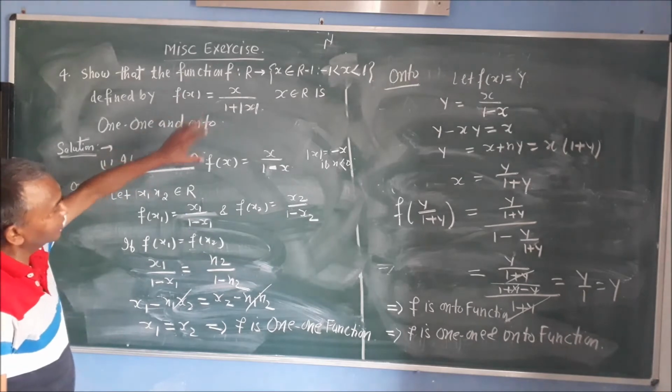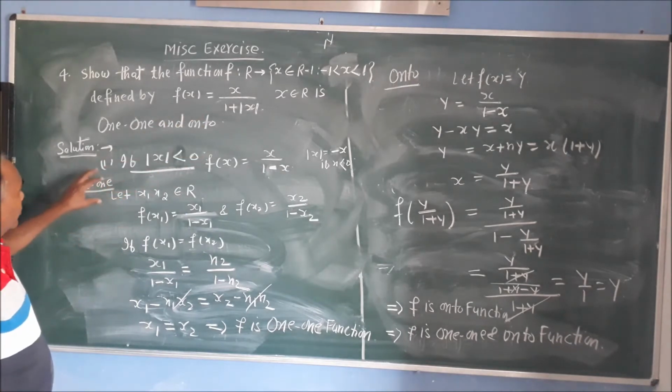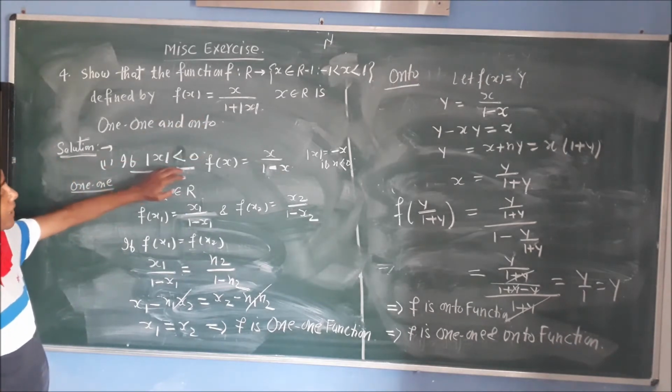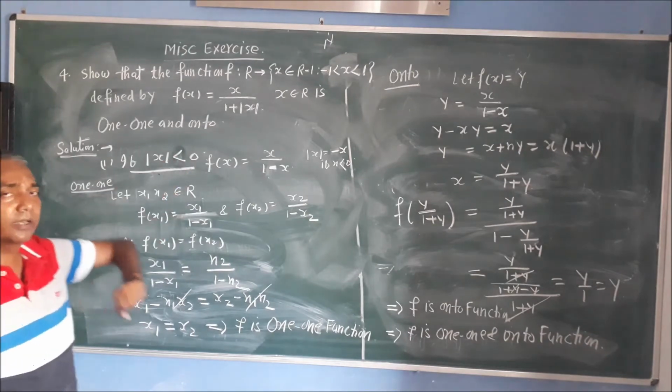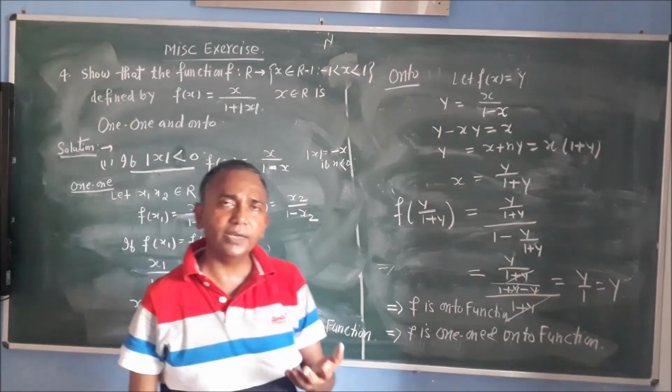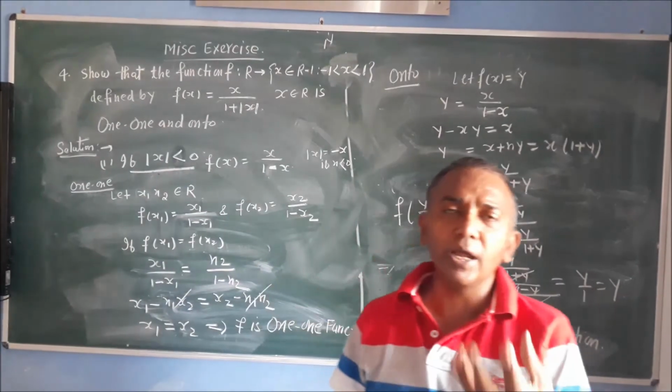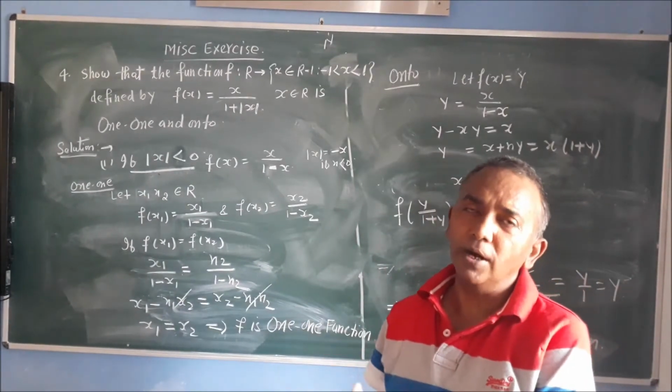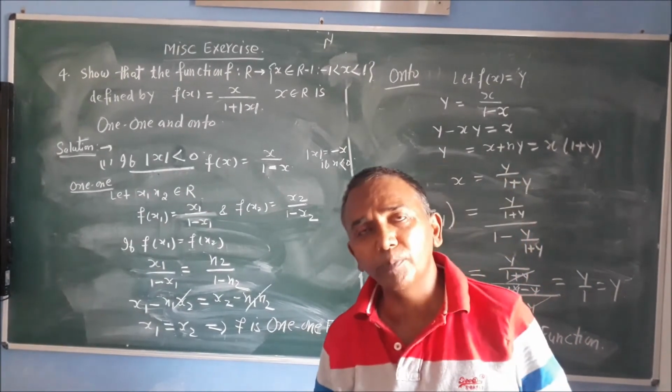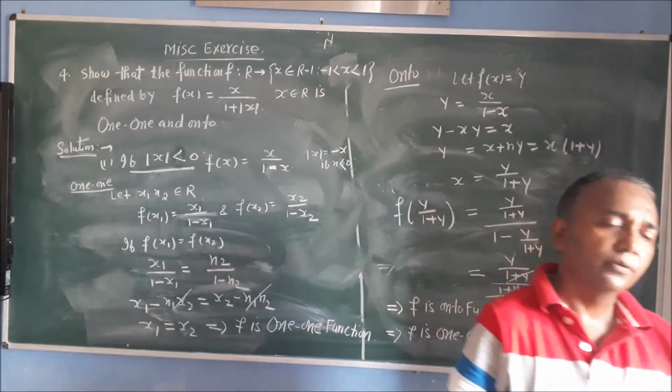So if this question comes in the examination, you will have to write for both the conditions, for condition x greater than 0 and for condition x less than 0. If you write one part, you will get half marks. So you have to write both the parts in the examination.